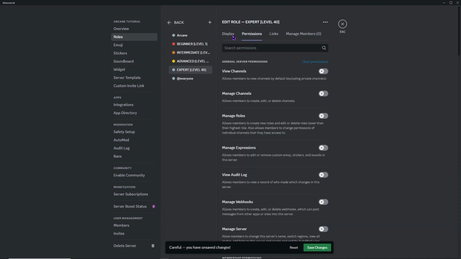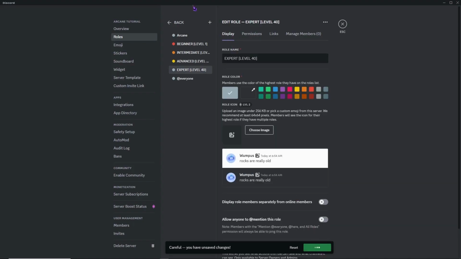And then go into permissions, there is none, so save changes, and then create a role again for the last level. So this would be the master, and I would like to assign this to level 80, just like that, and assign a color, just like this. It's green. I forgot to assign a color to expert, so let's assign it just like that. And now that it's done, once you are done setting up your roles right here,